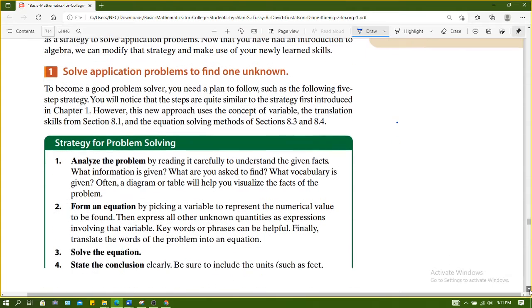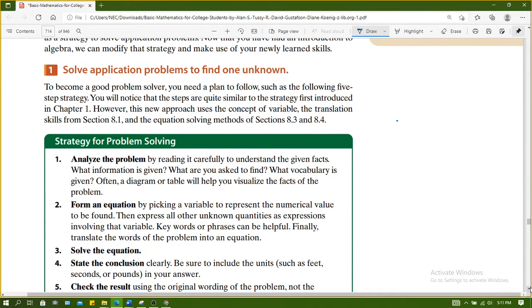Okay, so now let's start with objective number 1. Solve application problems to find one unknown. So, strategy for problem solving. Analyze the problem. Next, form an equation. How to analyze the problem? By reading it carefully to understand the given facts. What information is given? What are you asked to find? What vocabulary is given? And often, a diagram or table will help you visualize the